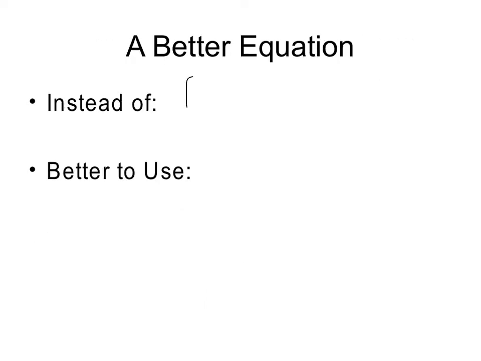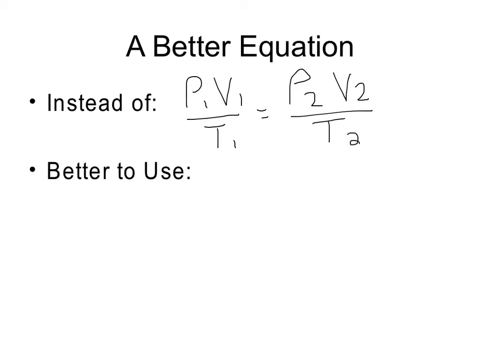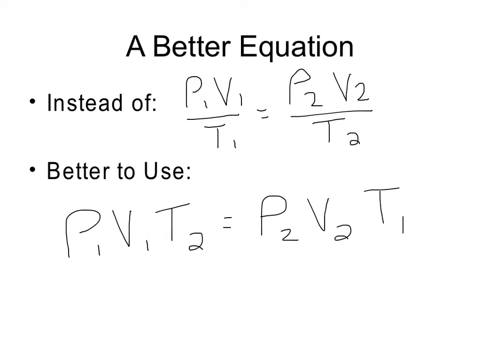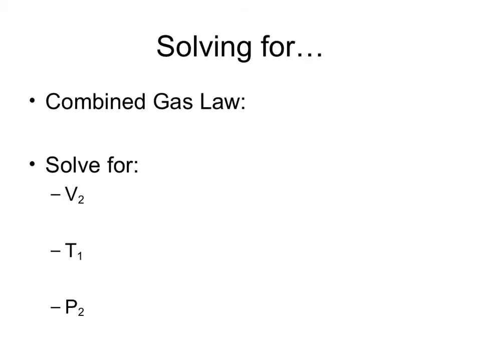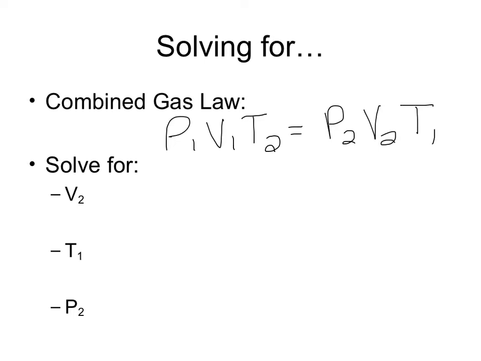What if instead of P1V1 over T1 equals P2V2 over T2, we cross multiply it and use P1V1 times T2 equals P2V2 times T1. That way there's nothing on the bottom to worry about. Now when you're using this equation, P1V1 times T2 equals P2V2 times T1, it's sometimes easiest if you first solve